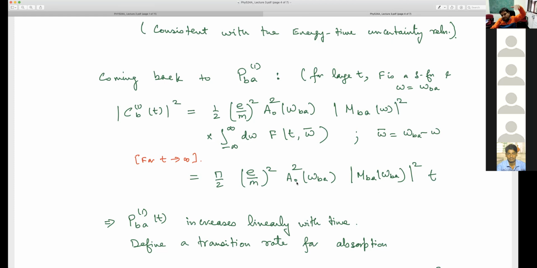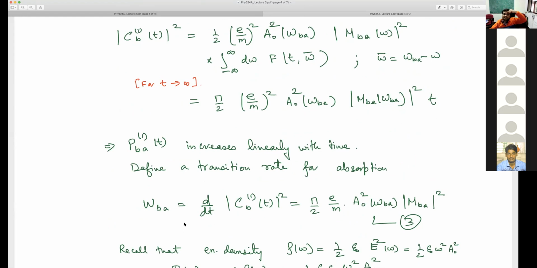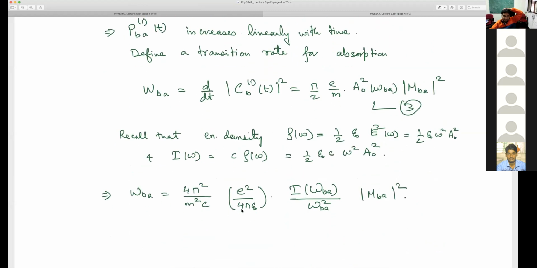A is the intensity of light, which doesn't involve its microscopic nature, the polarization, etc. A doesn't have the electronic wave function. All of these are constants. Time is a constant. So the electronic properties go into the optical matrix element, and the light properties, the polarization at least, also go in here. And using this, since it goes as t, I can define a rate of transition, and the rate looks like this, equation 3.